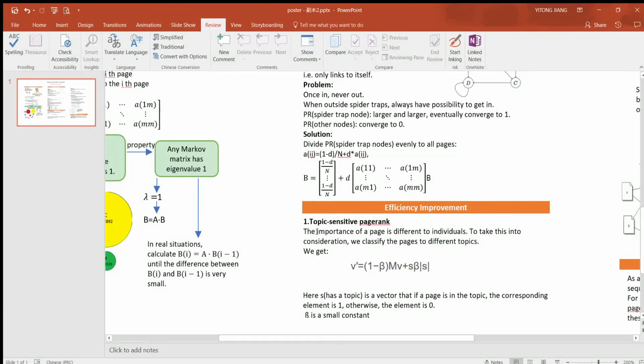The importance of a page is different to individuals. To take this into consideration, we classify the pages into different topics. Finally, we will get this formula. Here, S, which has a topic, is a vector such that if a page is in the topic, the corresponding element is 1. Otherwise, the element is 0. Weight is a small constant. To understand it clearly, we take